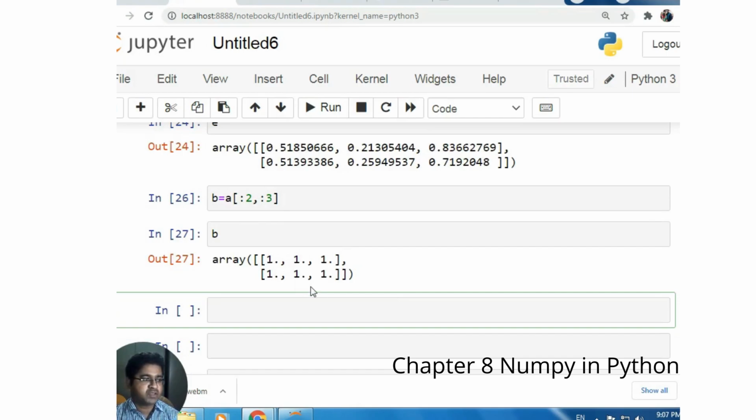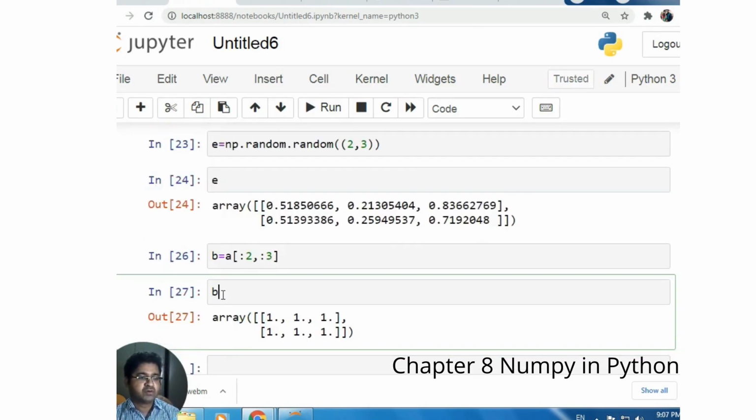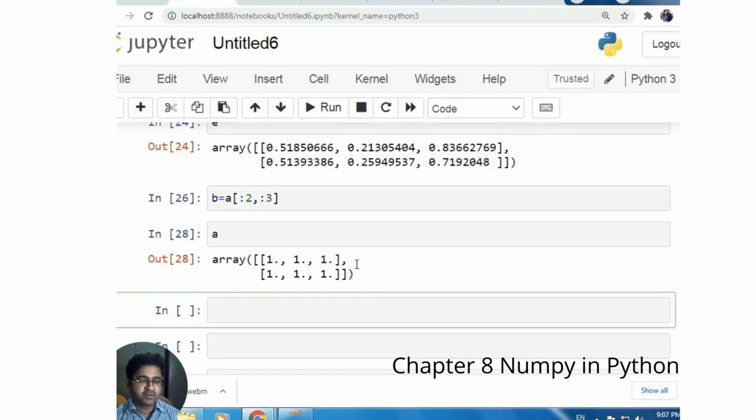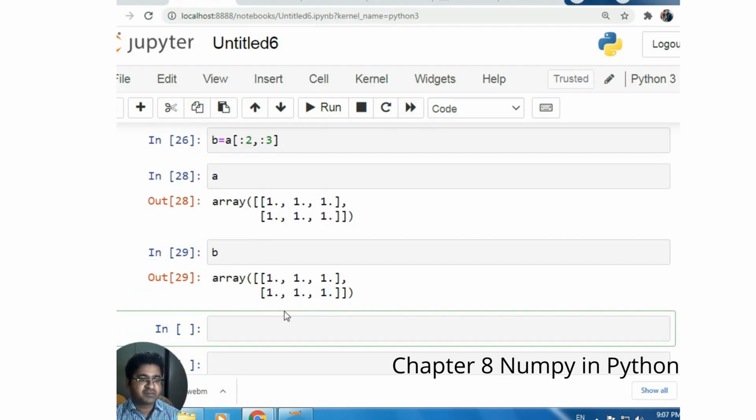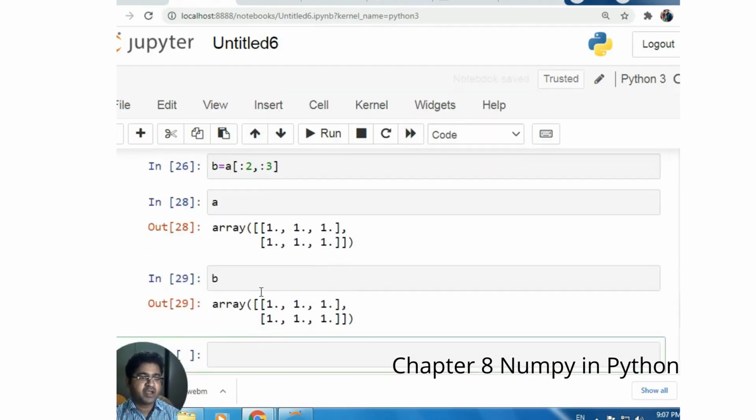So I have taken some other values of B. I have just copied the code from the previous section, where B has 1 2 3 and 5 6 7, and again assigning this condition operator, with threshold value less than 3. So now a few values are represented by true and a few by false.